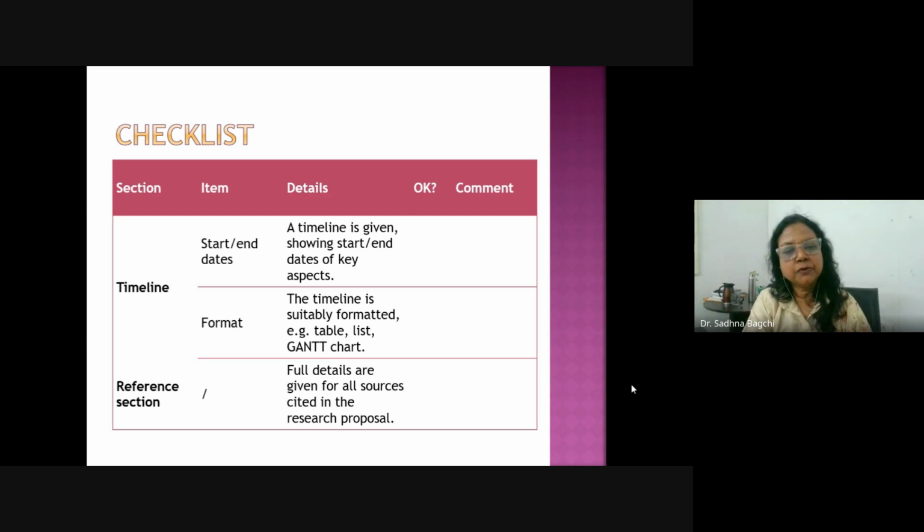So any type of charts should be mentioned here, and given in detail, such as the chart list. In the reference section, full details are given for all resources cited in the research proposal. It should be given very systematically. All the cited resources are listed at the end